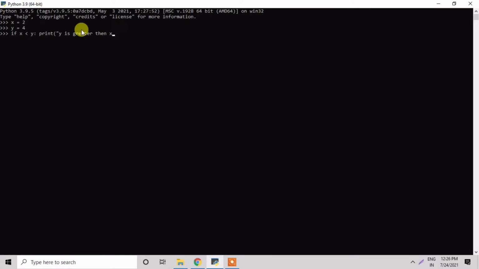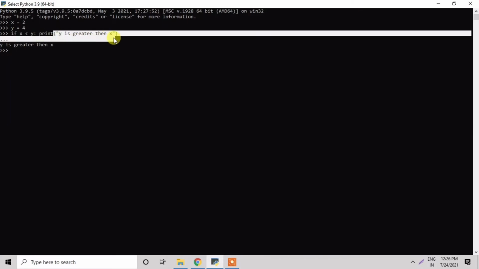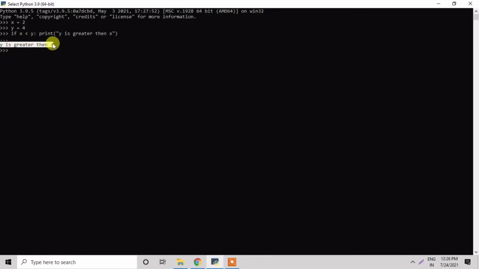Now we'll see the output. The output is y is greater than x, because x's value is 2 and y is 4. So if our x's value is less than y, print this line. So this is the answer: y is greater than x.